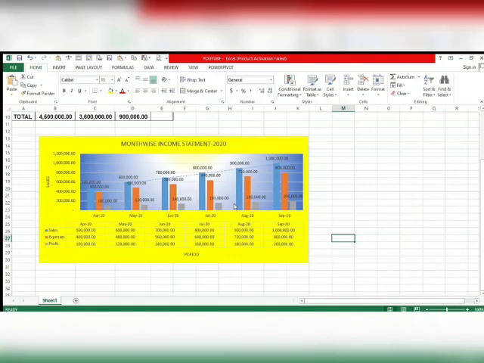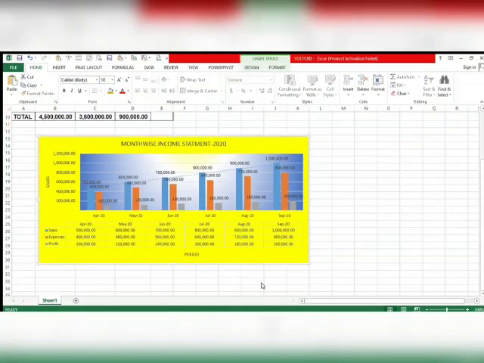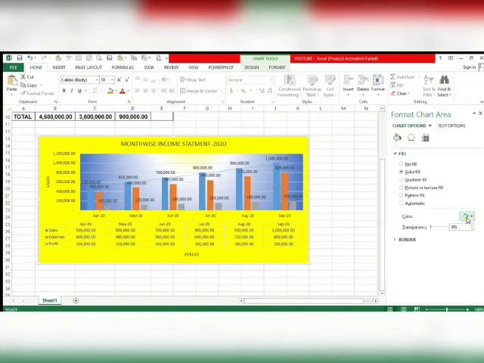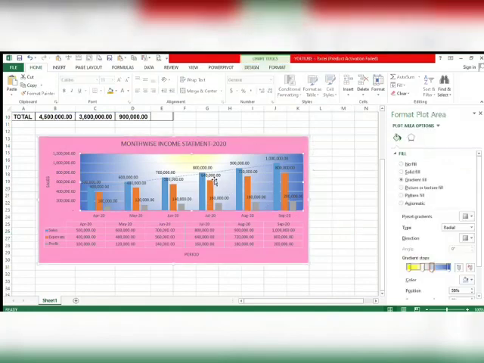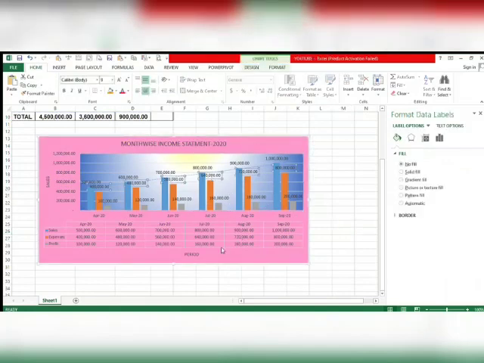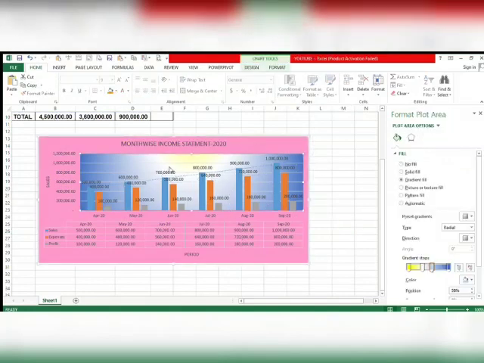Then this formatting we can do in different ways. Suppose we can change this data color from yellow to any other color, or we can select new colors from here and the colors change. Here the plot area also we can change the colors if required.